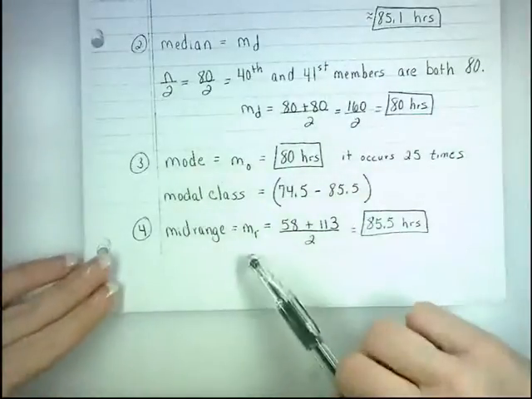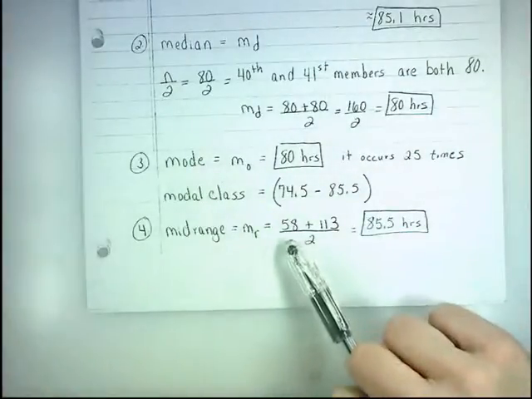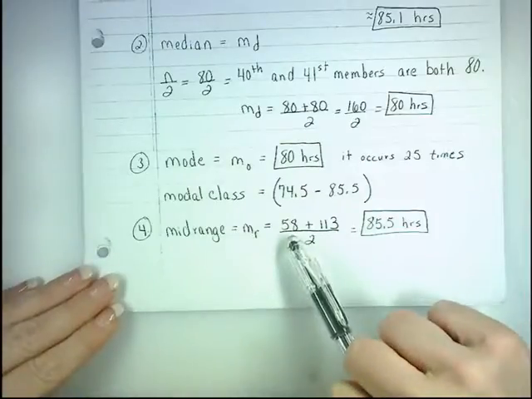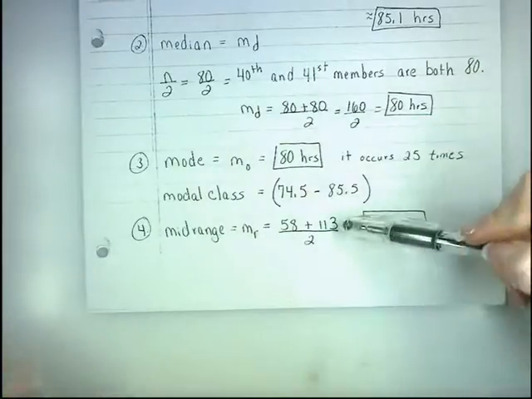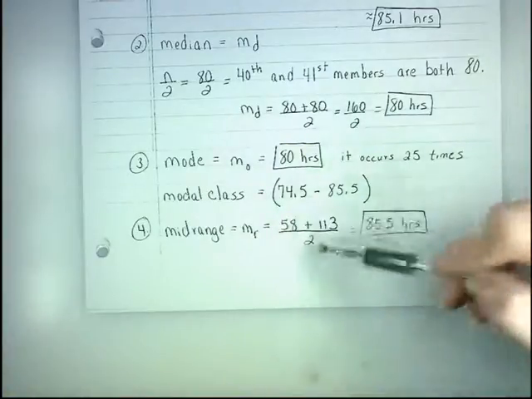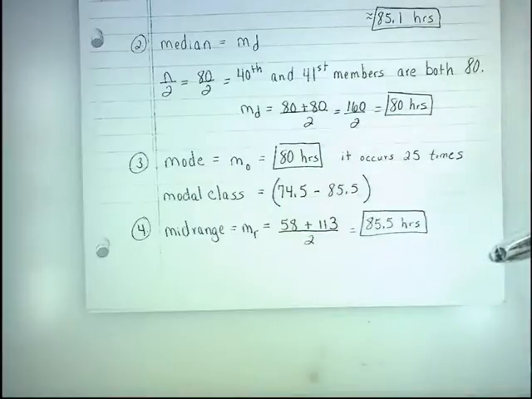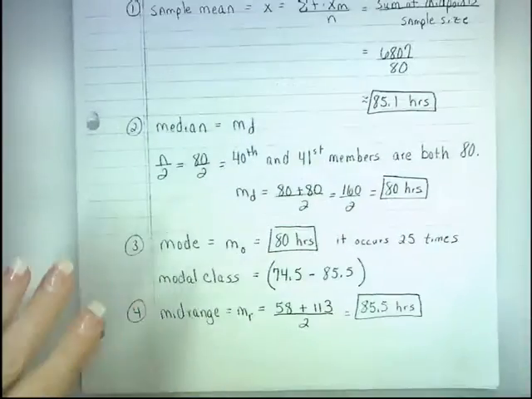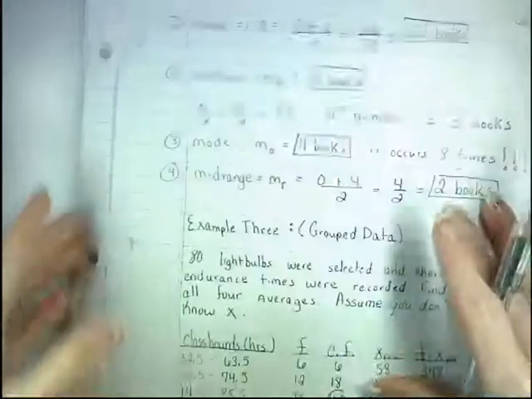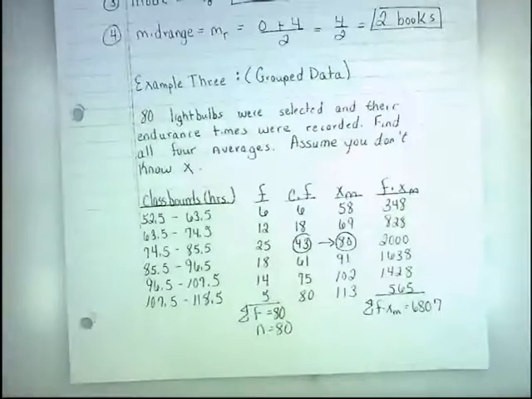And the mid-range is going to be not the smallest data value, because we don't know it, plus the largest. It's going to be the smallest midpoint of 58 plus the largest midpoint of 113. So you add those together and divide by 2, 85.5 hours. Now I'm going to show you how to put the group data example in the calculator before we move to weighted averages. What you would do in the calculator,